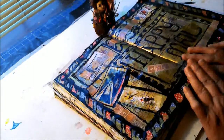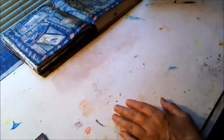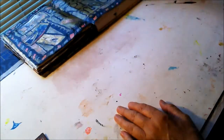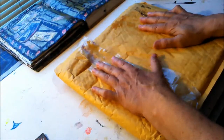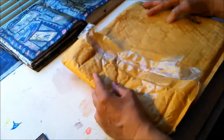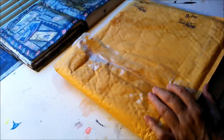I've been very, very lax in showing some of the happy mail. I just need to remedy that. So we're going to sit here and go through some of my happy mail that I've gotten recently. And the whole reason that I thought about doing that was because yesterday I received a package in the mail that was unsolicited. One of the ladies in one of the art groups that I am in emailed me